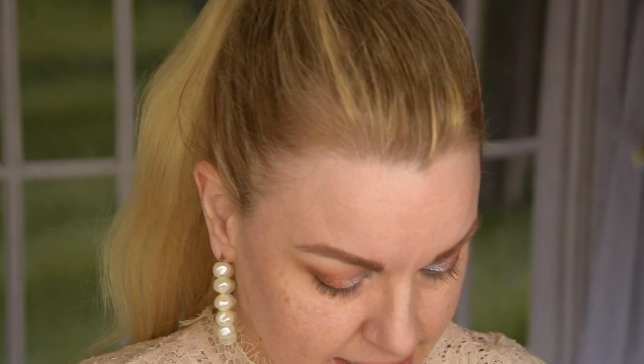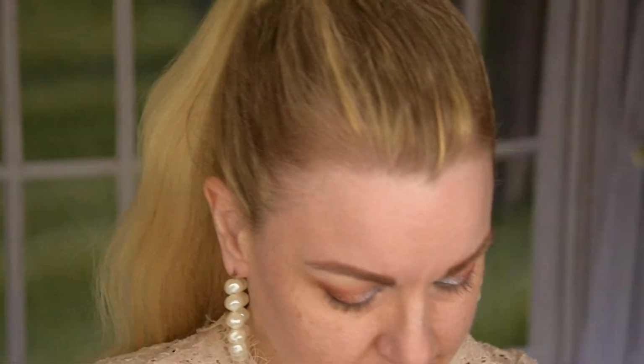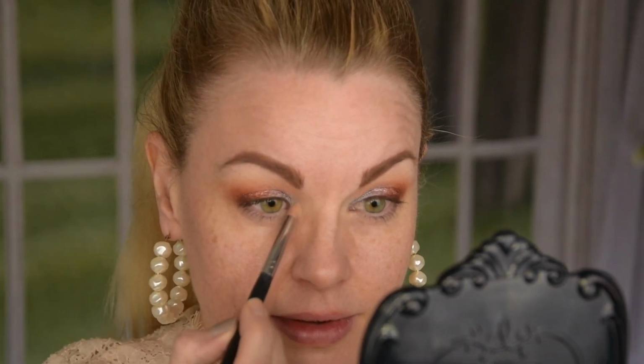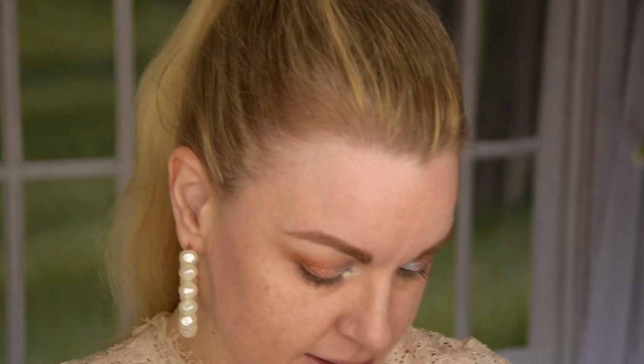we're gonna do the lower lash line. I'm gonna dip into maybe this one, or this one is even better. I think I'm gonna take this one, this pinky green. I don't know if it's light enough though. I'm gonna see if it's light enough. Yeah, it is. And I'm actually gonna take it on my finger and then just put it a little bit in the middle here between these shades. That actually looks pretty. And I mean, nothing looks pretty when you don't have your face on, so let's start